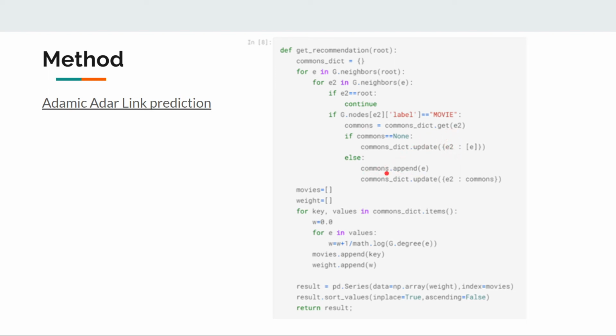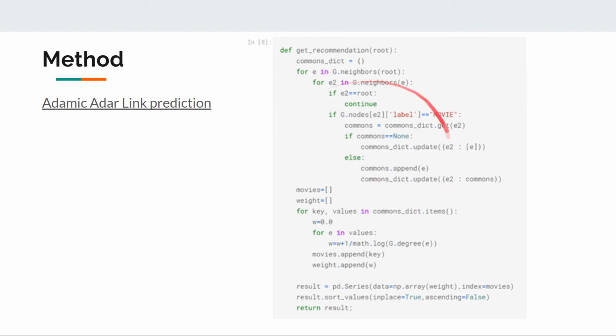After we append the current movie node, the commons variable will contain both the previous movie node and the current movie node. Then we put the value into the dictionary according to the previous structure. As you can see, e2 is the neighbor, and here are the commons, which are the owners of the neighbor e2, which in this case will contain more than one node.